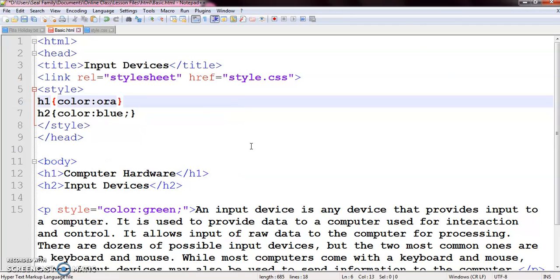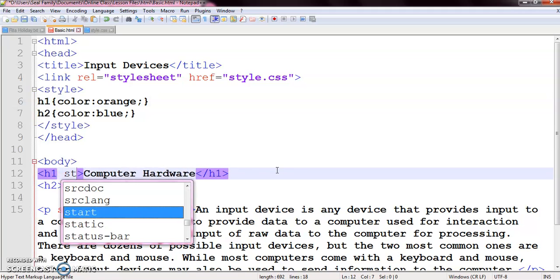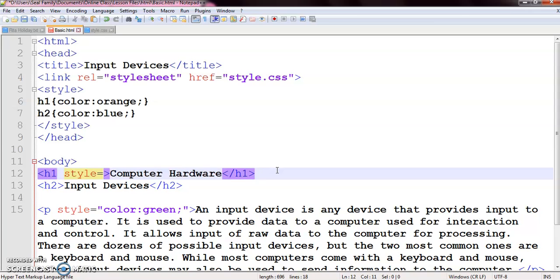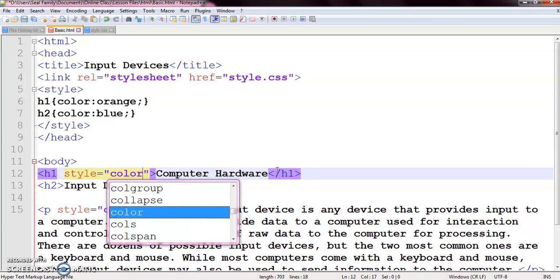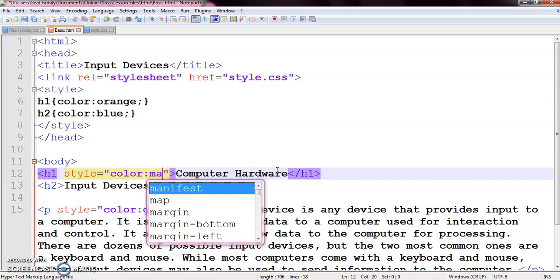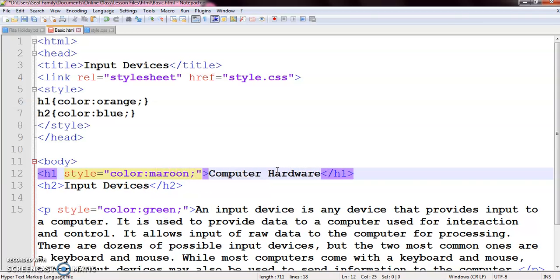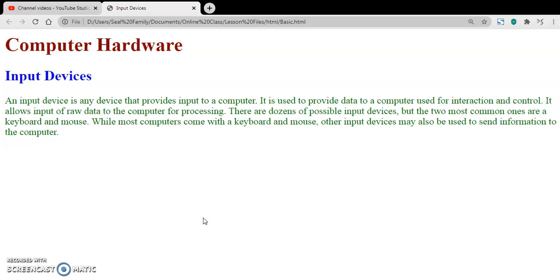Let's change it. And also I am using the inline style sheet rule to give a color to this element. So on the same element, the three different style sheet rules are applied. So what will happen then? An inline style always has the highest priority, and it will override both the external and internal style sheet as well as the browser defaults.